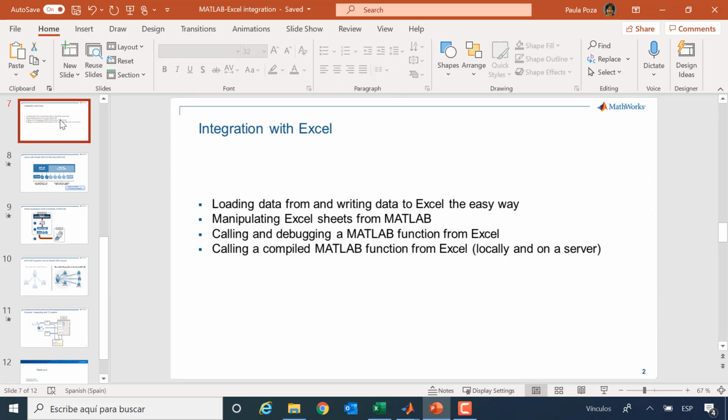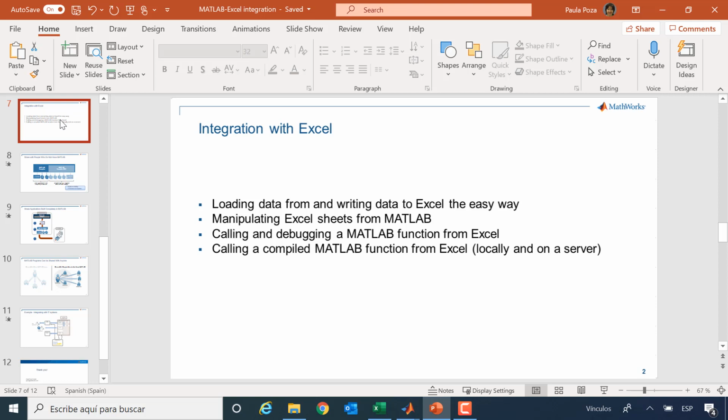With this, I covered everything I had for today. So as a brief summary, we've seen how to read data from Excel into MATLAB and how to write into Excel.